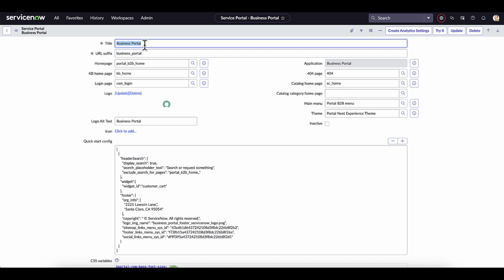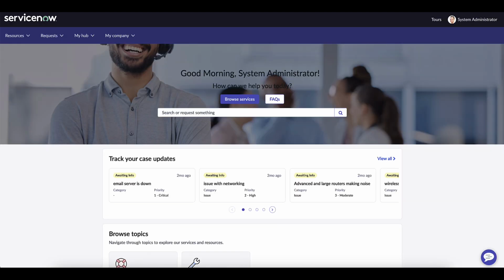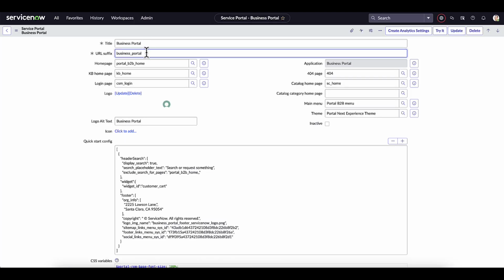It is the business portal shipped out of the box for B2B and also sales and order management. And then here we've given it the suffix /business portal. So if we go to the URL, you will always see the /business portal. Of course, you can make this whatever you want. You can shorten it or lengthen it, but understand where you started for this